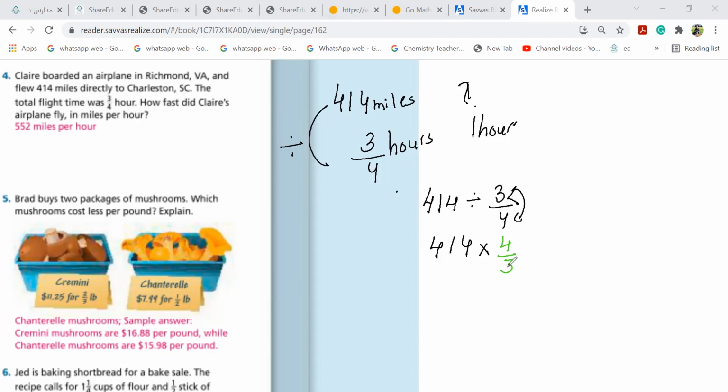Now use the calculator. What is 414 multiplied by 4? Tell me what it is. Check the calculator. 400. Okay, I'll calculate it. 400. See, I did it without a calculator quickly. 4 multiplied by